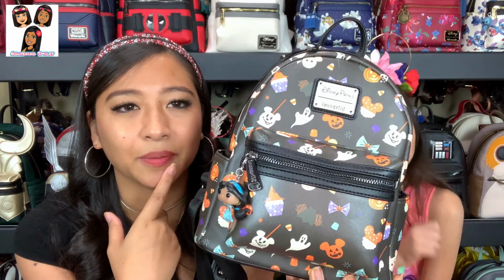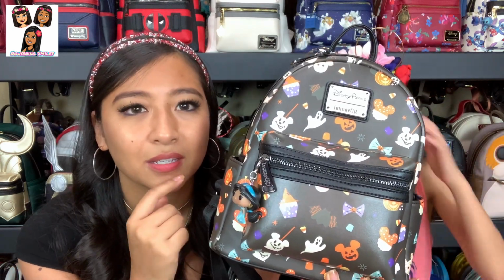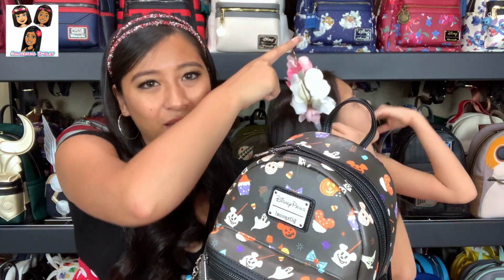So let's see. What do I know about this one that I know people don't like? So obviously placement, it's a bit of a crapshoot. People aren't too happy about this material either, which I'm not a huge fan of either. I think my favorite material is the one on the Raja bag right up there. It's this super tough faux leather material, and it's super hard, and I feel like that's probably my favorite because I feel